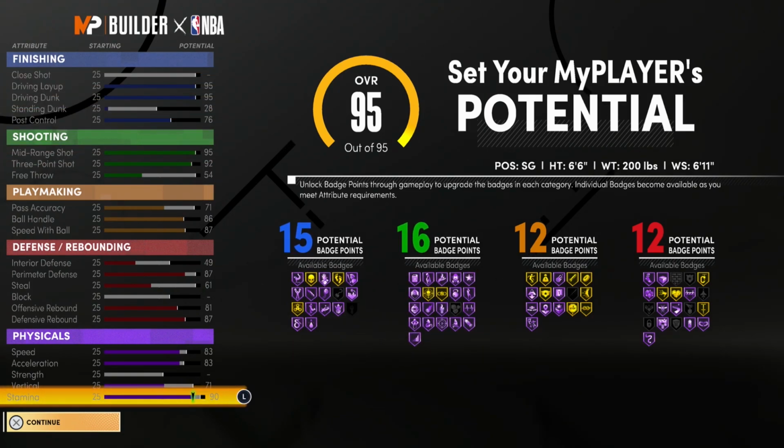So the difference between this build and the two-way threat that I recommended in my last video: this build has 9 badges fewer than the other one, because the two-way threat had 22 potential badge points. But with this build, we get 1 more on defense with 12, and then the two-way threat had 11. Also, the two-way threat's speed was at an 80 and acceleration was at an 80, and this one is at an 83 with the speed and 83 with acceleration. The two-way threat had a better perimeter defense at 95,